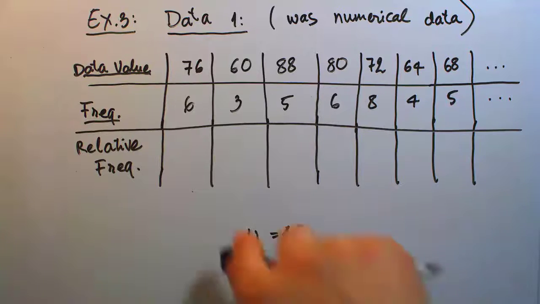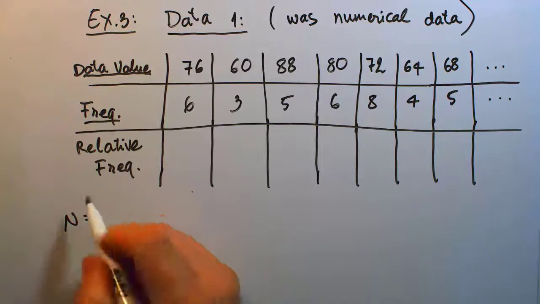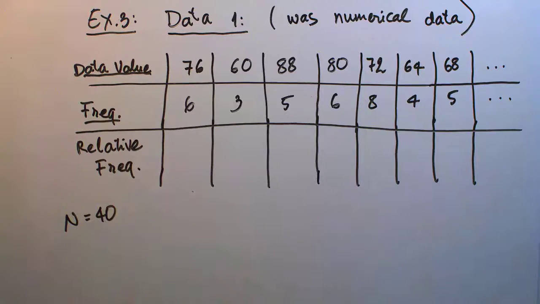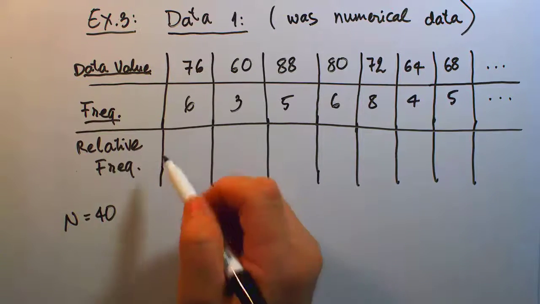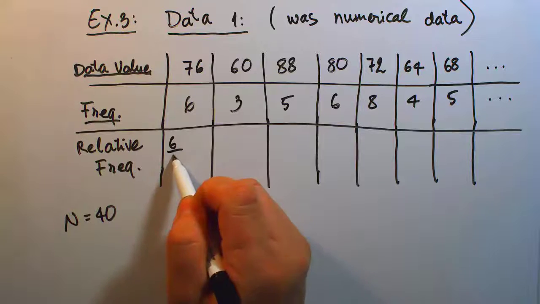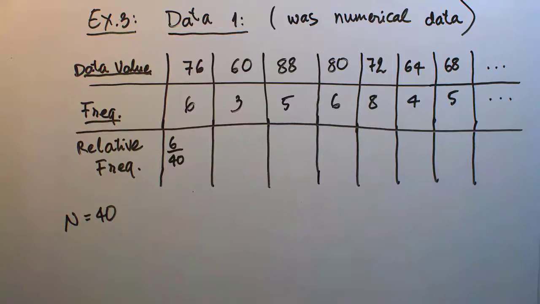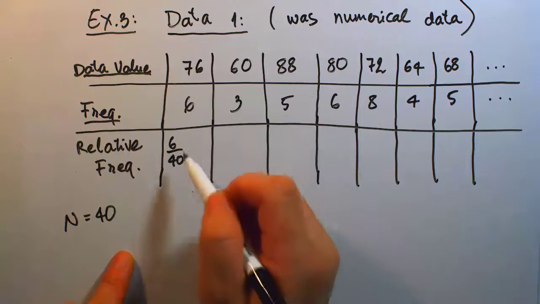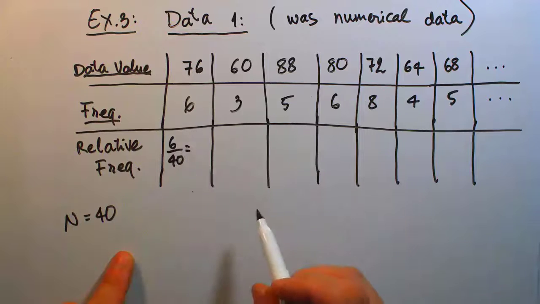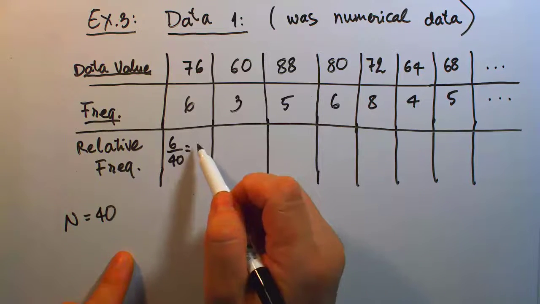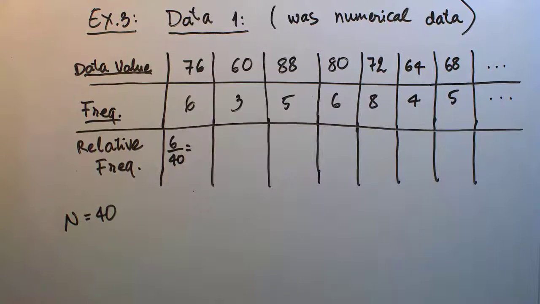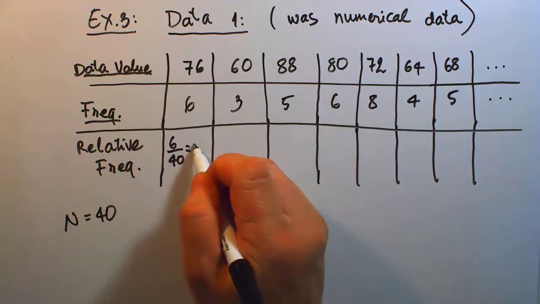And maybe I should have put that in a different corner of my paper. So n count for this data 1 was 40. And so to get that relative frequency, 6 out of 40 is my relative frequency for 76. And so what we're looking at here is being